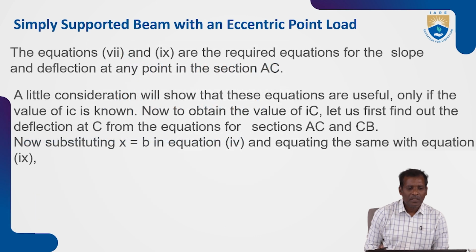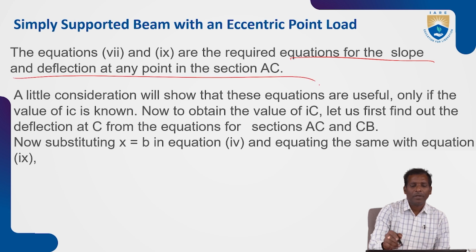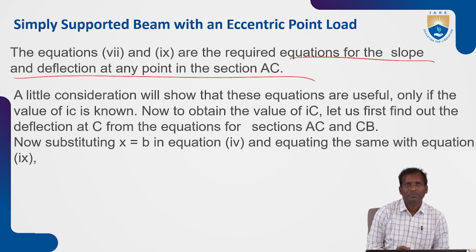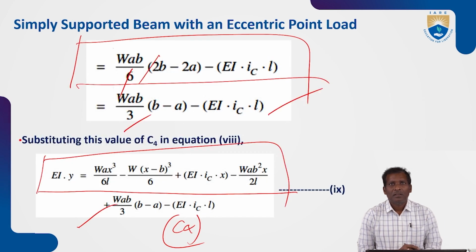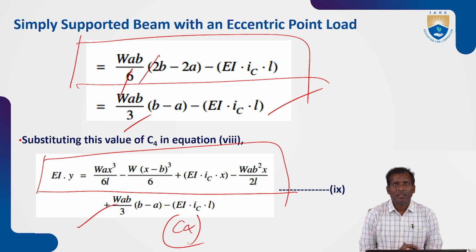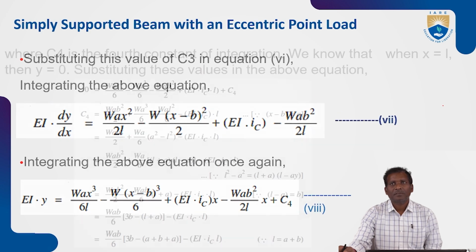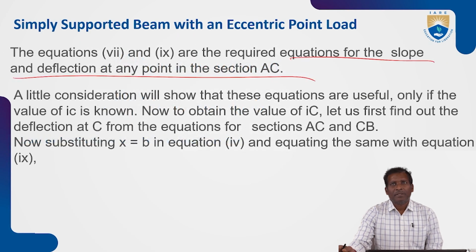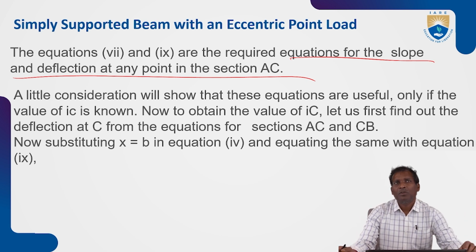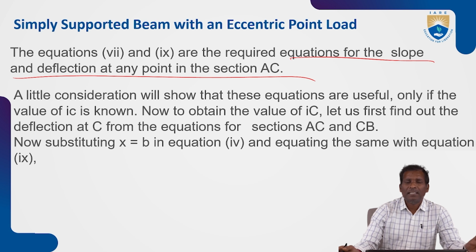So after simplifying, equations 7 and 9 are the required equations for the slope and deflection at any point in the section AC. In the AC section, deflection you got. So the 9th equation and then the 7th equation, this one. These are the required equations. So a little consideration will show that these equations are useful only if the value of θC, that is the slope at C, is known. So to obtain the value of